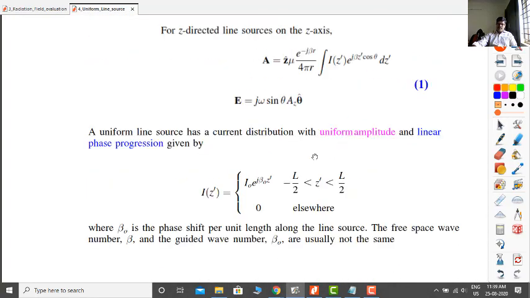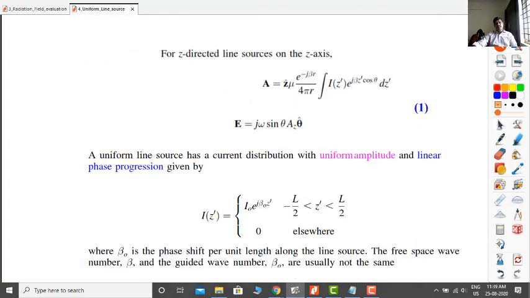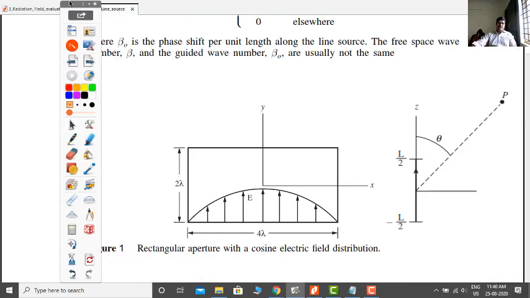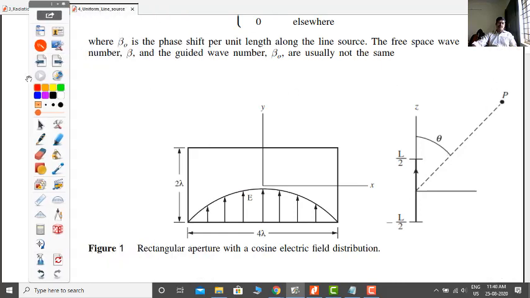Now we have to apply the same technique to compute the electric field. Here our aim is to compute the pattern, how the pattern will look. So this is the radiator, and it radiates the energy in these directions. When it radiates the waves in this direction, that is along the R direction, what will the pattern look like?